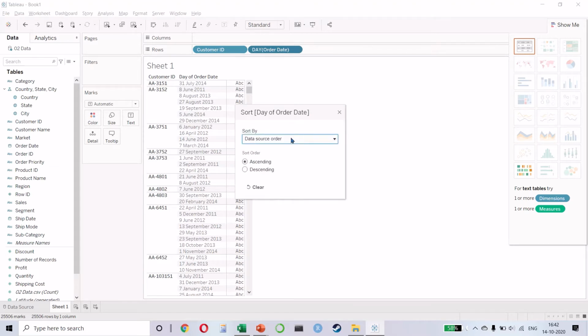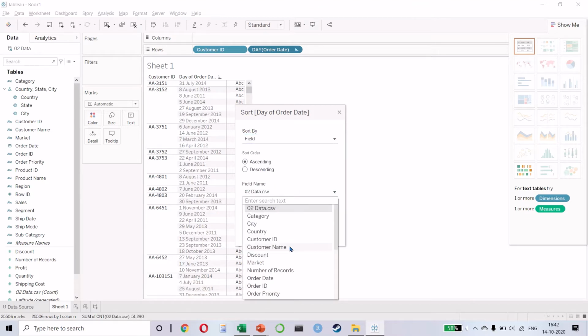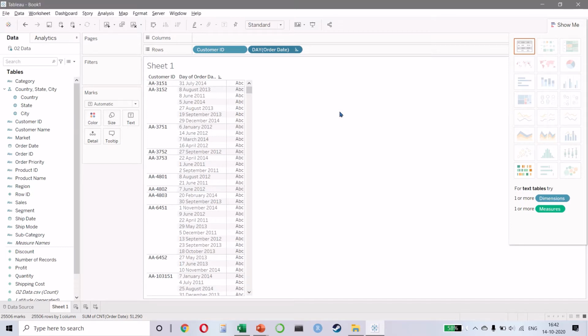And we want to sort it in, let's say, ascending order by the order date. Okay, that did not seem to work properly. Just give me a moment. So, okay, let's see if we can sort it here.